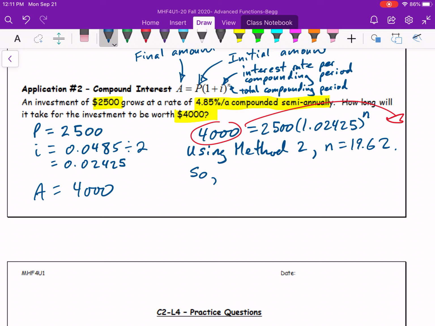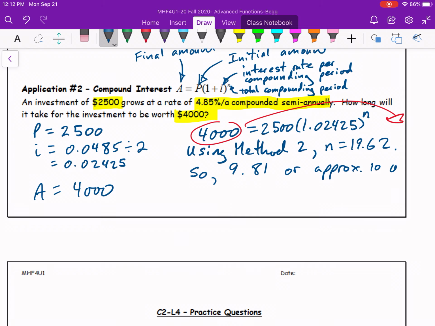Time is going to be related to n, but it's not going to be the same as n. N is the number of compounding periods, and they occur every 6 months. So if I want to find how much time has gone by, I divide n by 2 in this case, because it's semi-annual, right? Semi-annual, to get the number of years. So half of that is, what, 9.81, I think? Or approximately